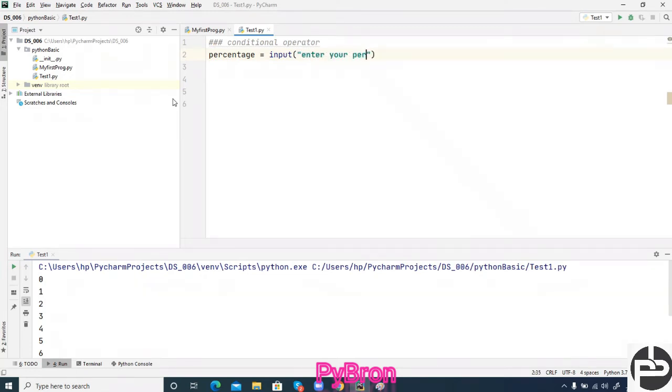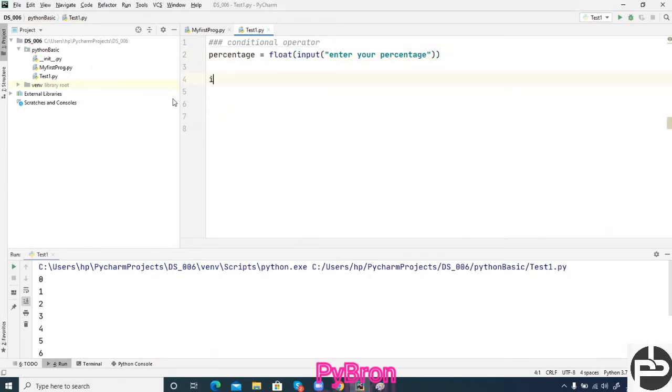The user will enter the percentage, and our job is to convert the input string into an integer or float. Float will be better because sometimes percentage comes as a fraction.